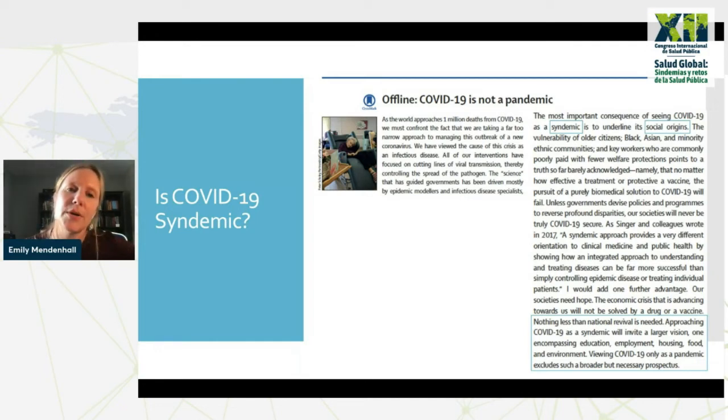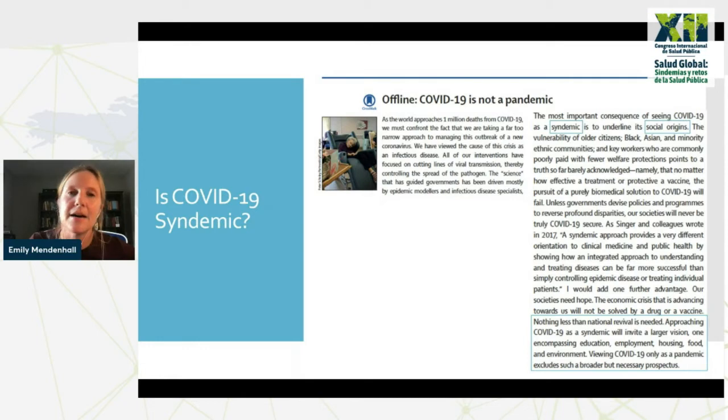Richard Horton wrote pretty early on, I guess maybe summer 2020, in the Lancet, COVID is not pandemic, it's inherently syndemic. So is it syndemic? It inherently is, right? And this was coming off the tails of Richard Horton calling COVID-19 pandemic in other ways, and they actually had a Lancet commission called the global syndemic, which I responded to pretty strongly